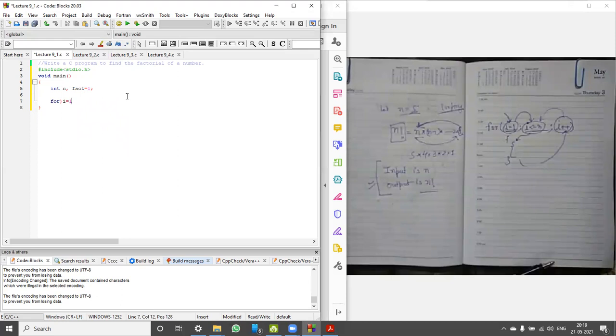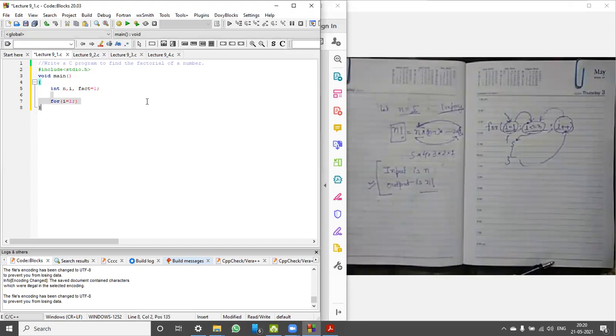So I'm using for i equals 1. Once again, there's a typo mistake. For i equals 1, this is my initialization. One second, one more thing: I need one more variable, i. I have to declare this variable before this loop.